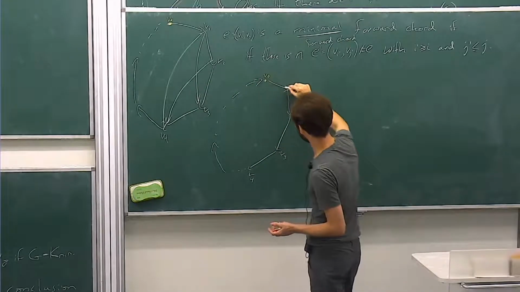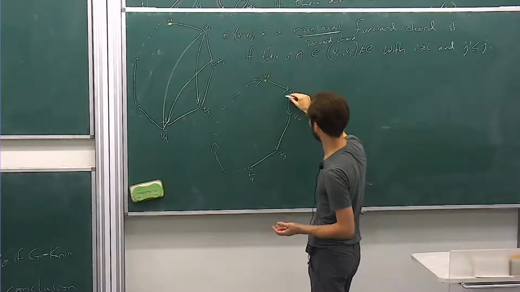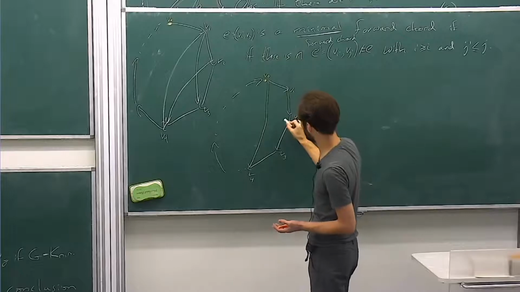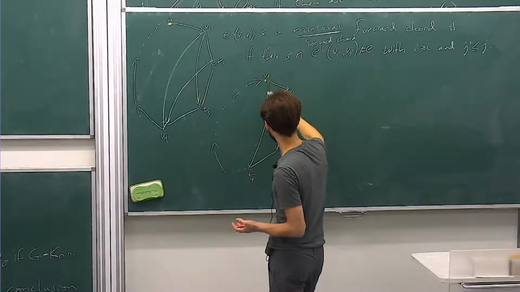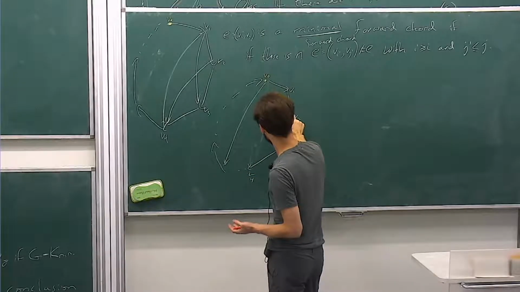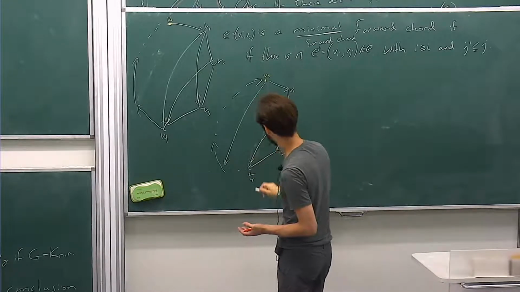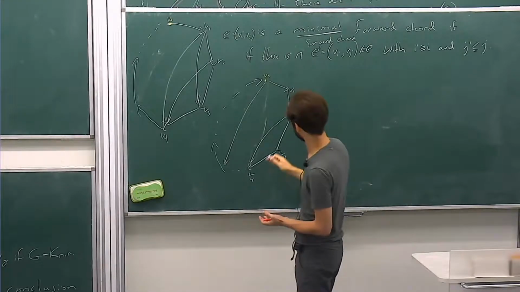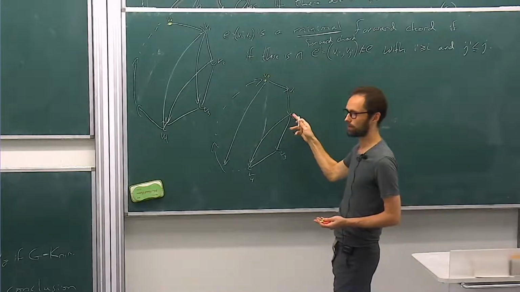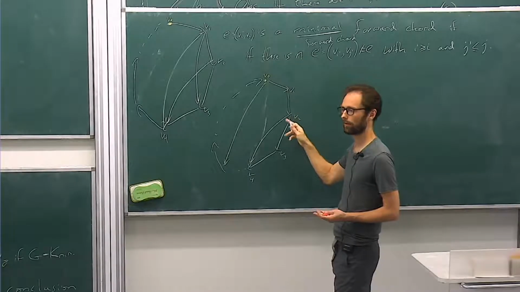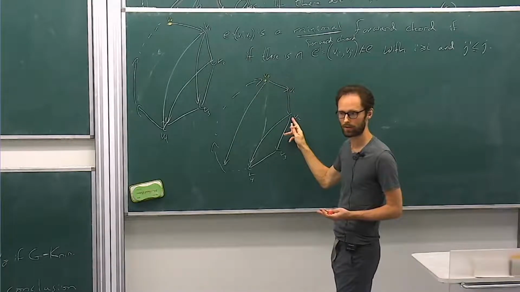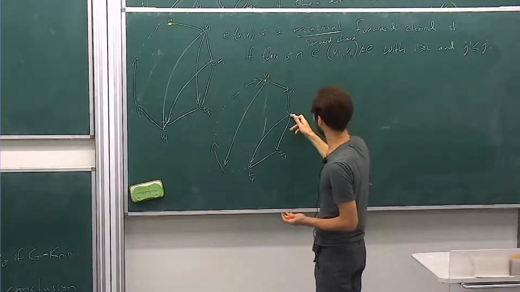And as we go around, there will be some forward chords. Maybe it's not minimal, but eventually we're going to come to... let me draw it like this just so we have more room. After some time, we'll come to a minimal forward chord. And the first minimal forward chord is the first, we're ordering it by the first vertex that we see. And so we'll find the first